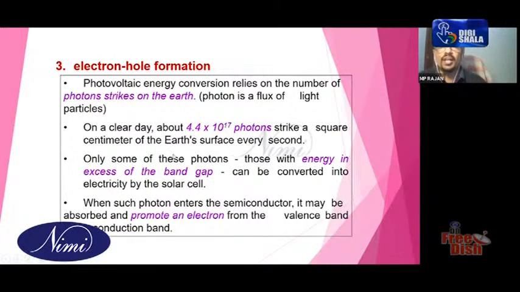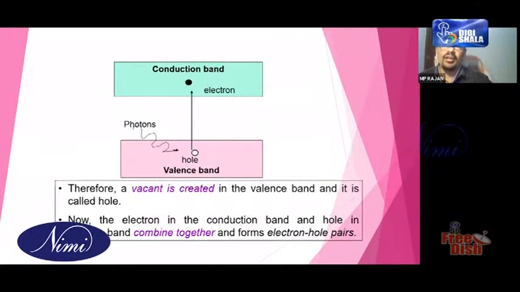It is calculated as 4.4 × 10^17 photons. The light energy is in the form of photons. It is striking per centimeter square area per second. In one second, in 1 centimeter square area, around 4.4 × 10^17 photons of light act. Okay, so this energy is utilized to convert, or we